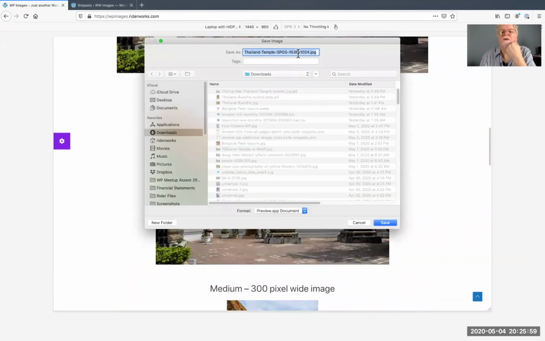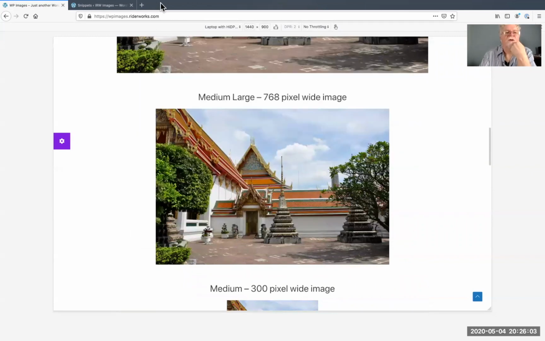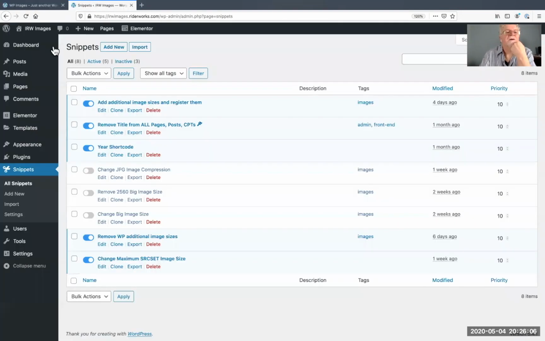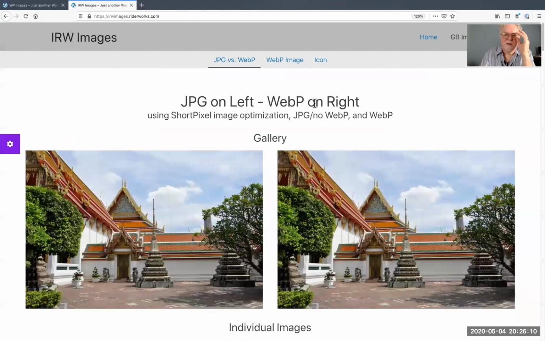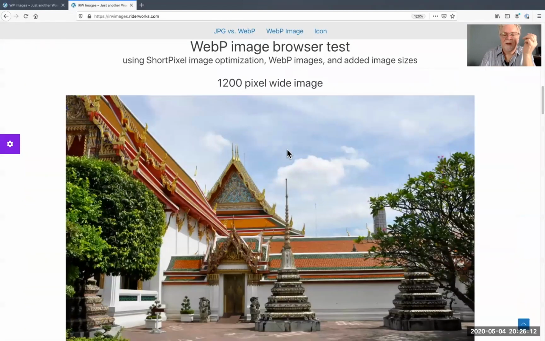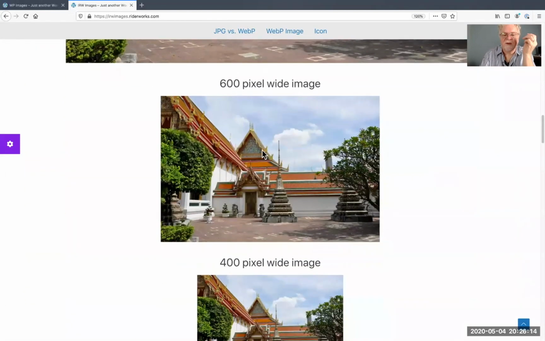Save the image size. Oh, not this one, sorry. I have to go to the other side. My bad. Let me get to this, a different site. It looks kind of the same because they just kind of whacked it together. So if I scroll down here in this 600 wide image,